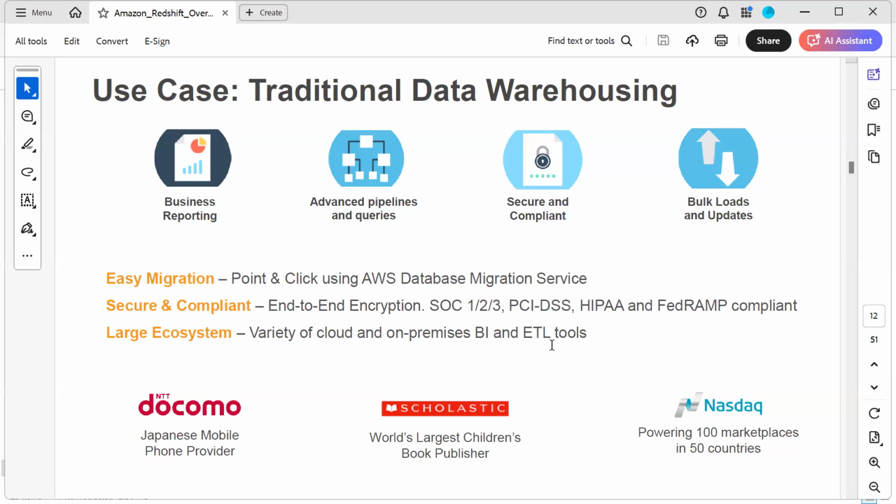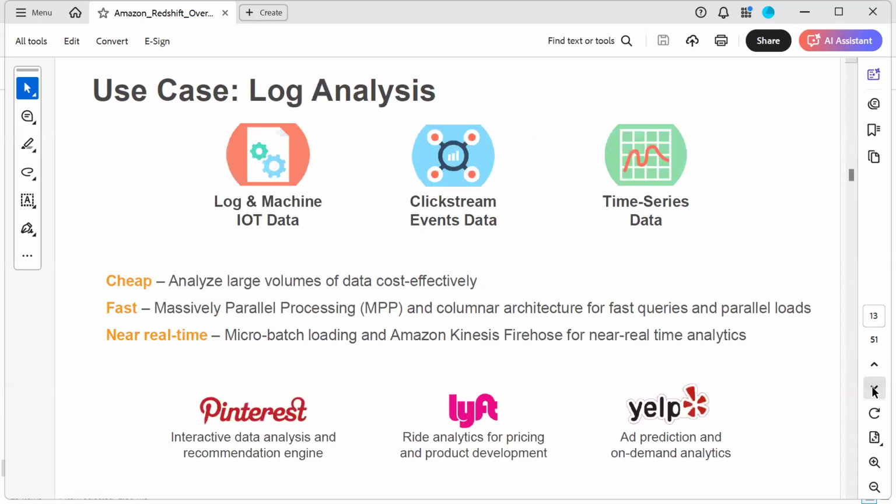And these are some of the use cases which we already discussed, like data warehousing and log analysis. Log analysis is one of the challenging types of data, because manufacturing companies majorly generate a high volume of IoT sensor data, where they generate continuous IoT messages. And if you want to go and manage the data, like